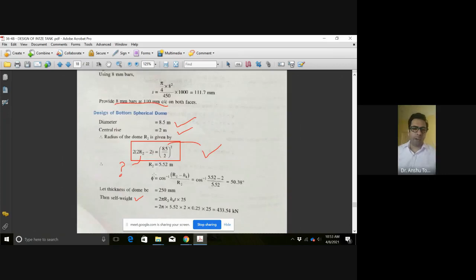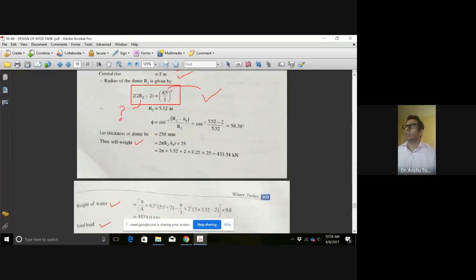Which will be required to find out the phi value as we have done earlier, in a similar manner. We find out using either tangent, if you are using P upon B, or cos if you are using H upon B. So you can use either way. This is going to be the part again as we have done earlier. This is the unknown part, this is known to us, this is unknown.